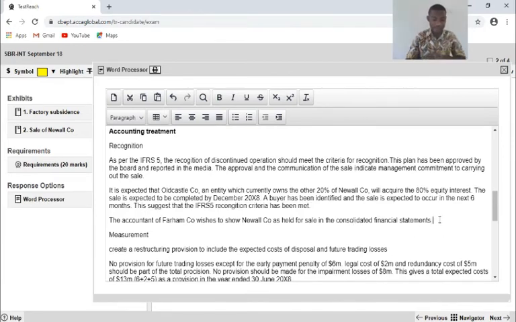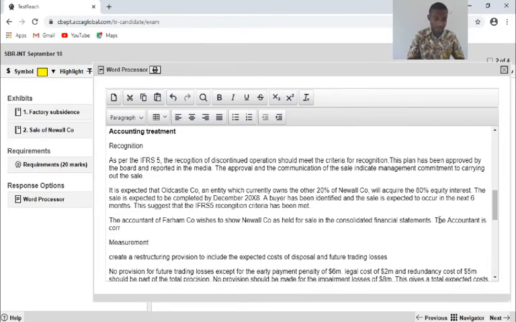So what I would say is that the accountant is correct to treat Newell as held for sale. I'm still using the content of the case, but I have laid enough emphasis and principle.